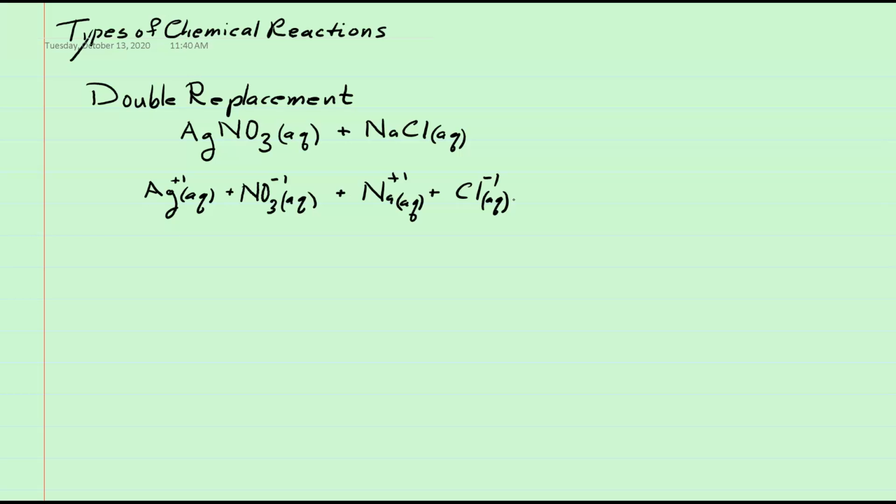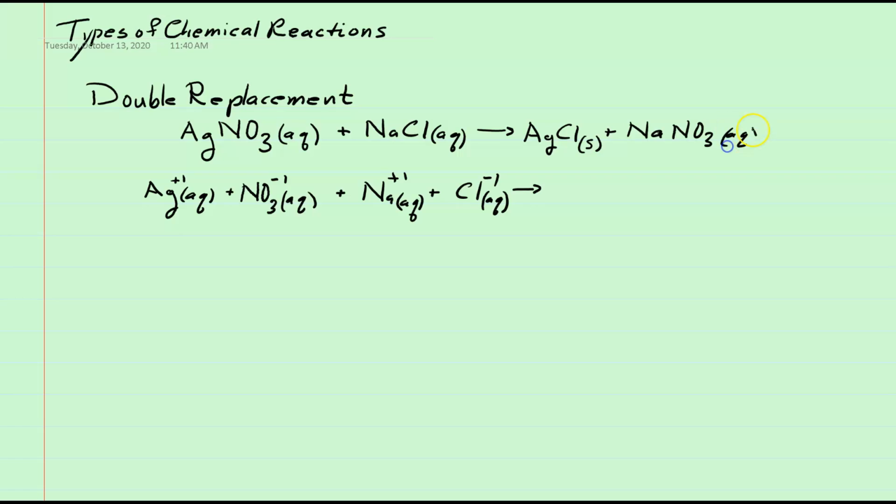Now, when these two solutions are mixed together, a reaction occurs, and the reaction results in the formation of a product that precipitates, forms a solid. In this case, it is silver chloride as a solid, plus an aqueous solution of sodium nitrate,